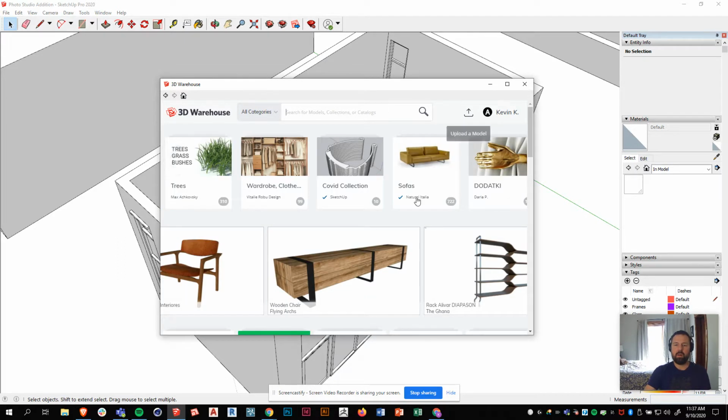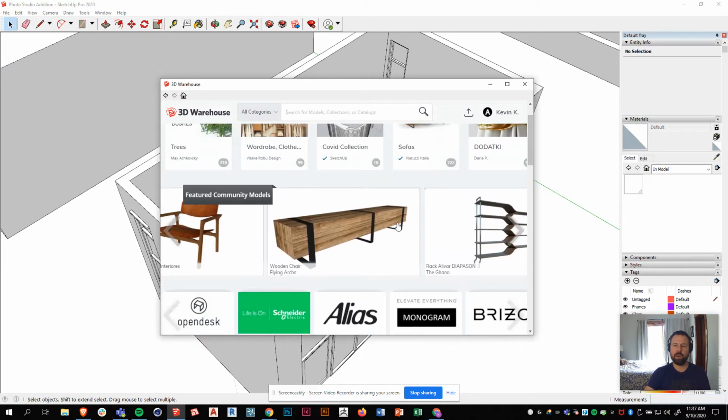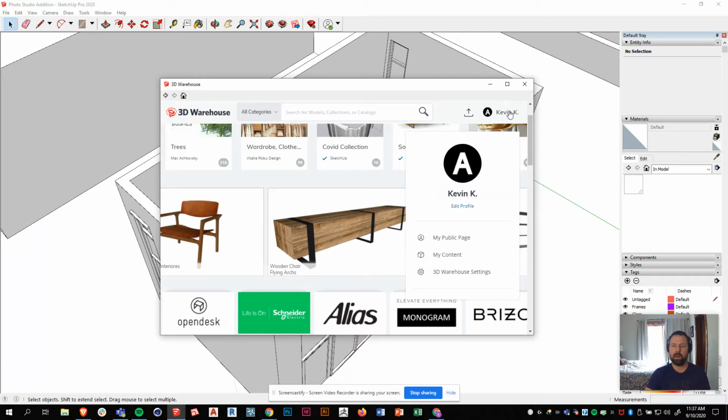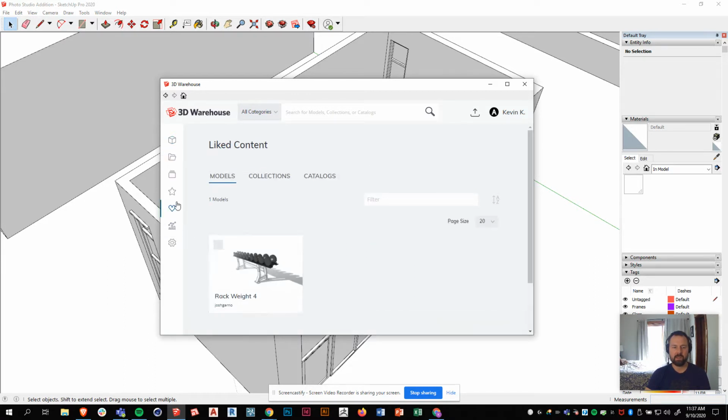And these are all the models in SketchUp. So I could search for something I want and see what pops up under my name over here. What's really nice is I have my content. So I could go here and look through different content that I've saved, different liked content. So what I've done here is liked some dumbbells, which clearly I use all the time. I've liked this because I must have put it in a rendering at some point. So let's go and look for,